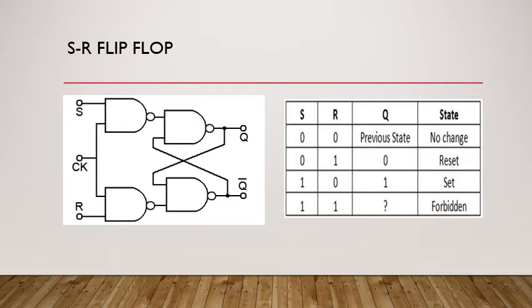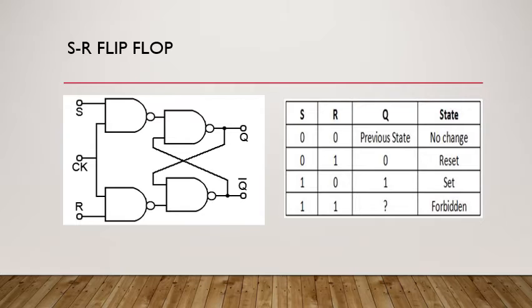Let us study the SR flip-flop in detail now. As you can see, the first diagram shows the SR flip-flop structure using NAND gates. We can see there are inputs S, R, CK which represents the clock input, and Q and Q bar are the outputs. We can clearly see that the output is going back towards the input, like Q is going back towards the input of the NAND gate. So this is providing a feedback in the circuit. Hence, this is acting as a sequential circuit.